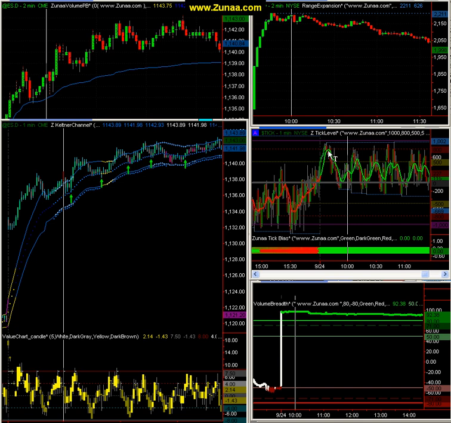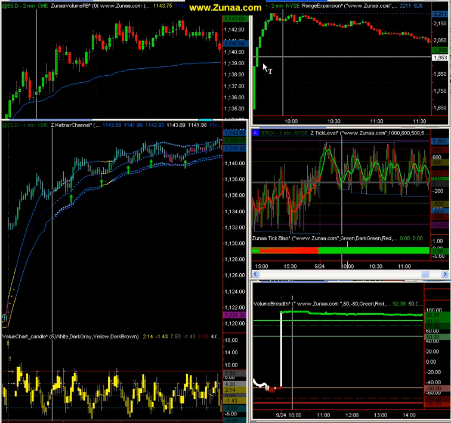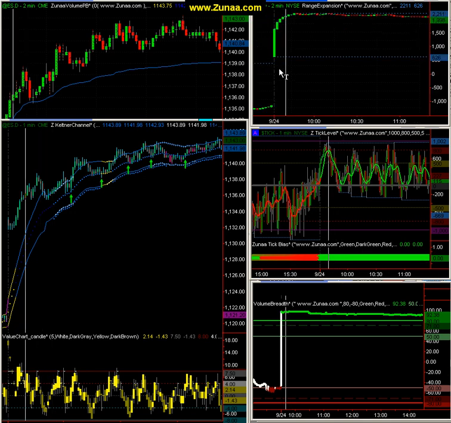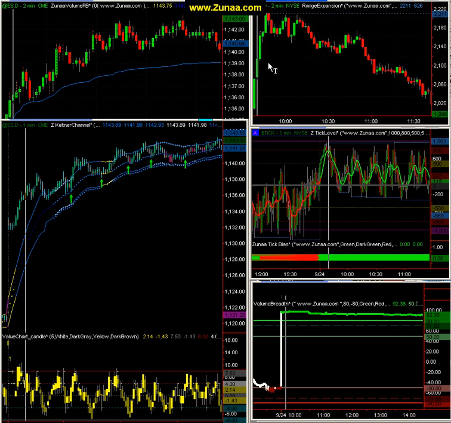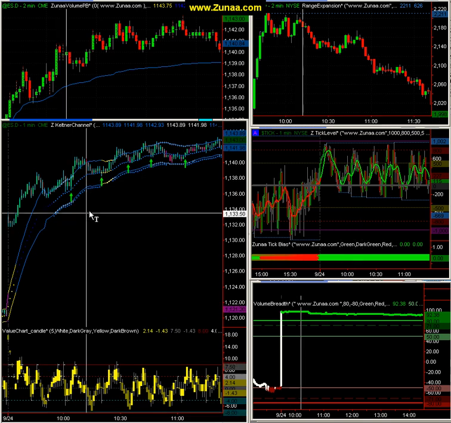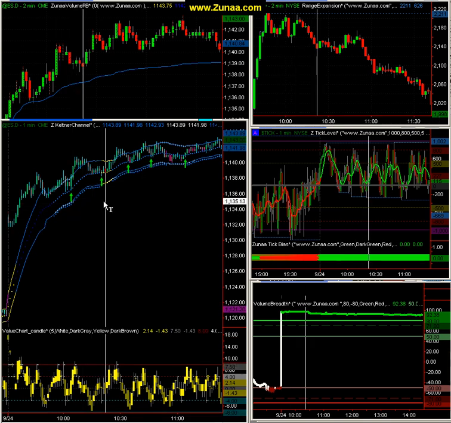And you begin to see that the tick trend is also green, so it's bullish. That's this line here. And then you take a look at your ADD, which is the difference between advancers and decliners. Take a look at that and you see that that's moving up too, nicely. So you have a trend. In a sense, you have a trend. Now you have a strong trend which you can trade with confidence.